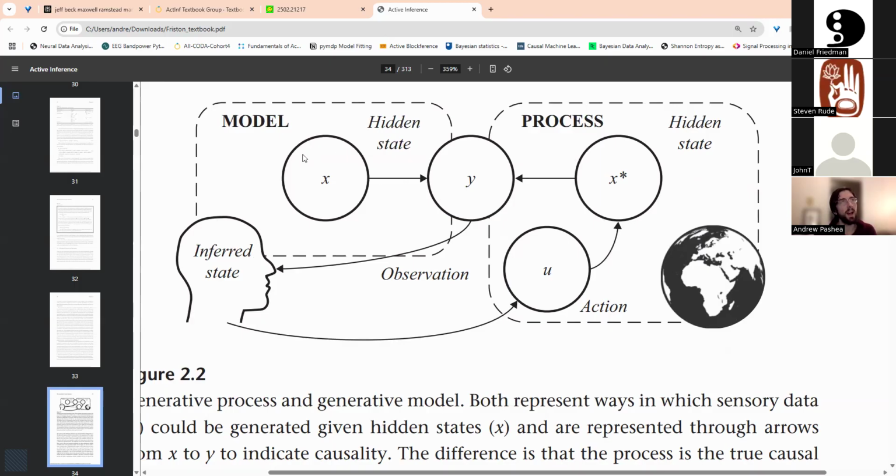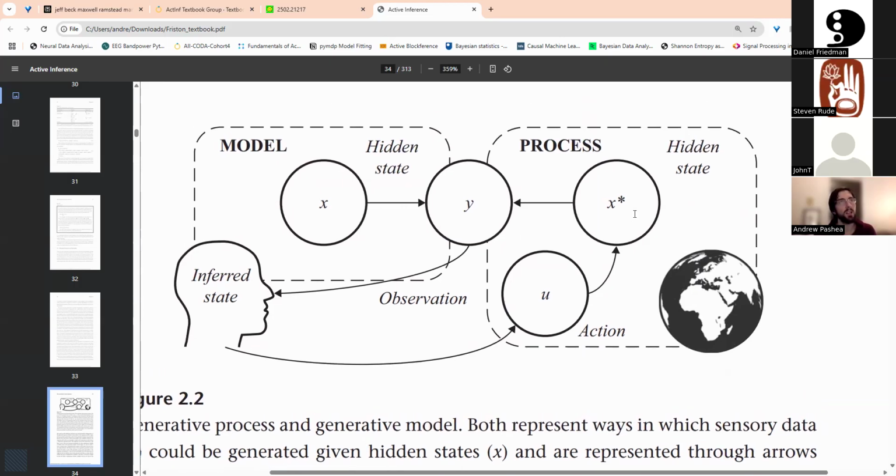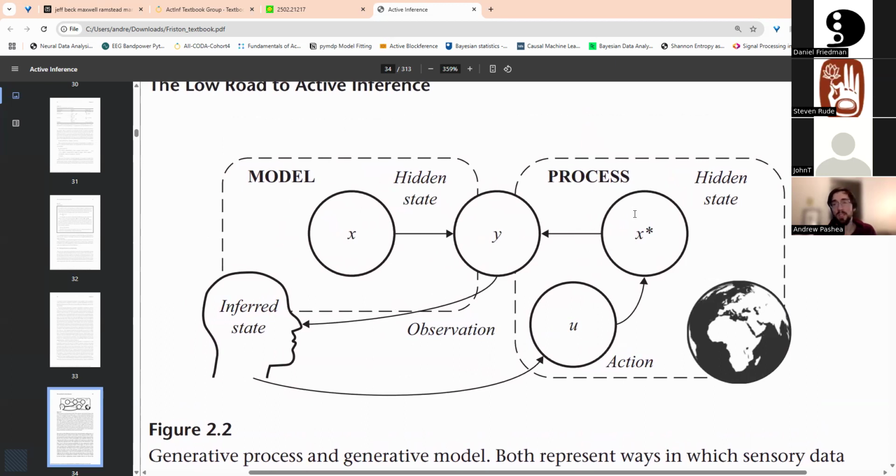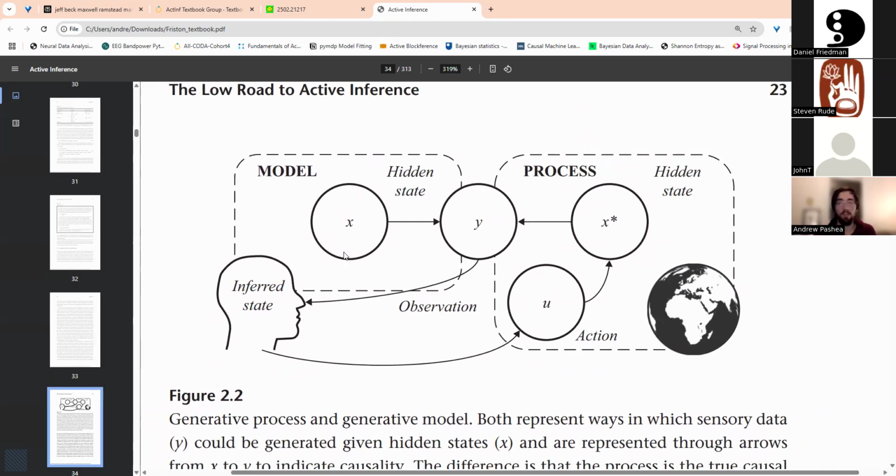So we can kind of see how the model and the process each have their own respective logics, which can work incredibly similarly, but they also don't have to, or at least they don't have to be structured the same. If I knock on wood because it makes me feel better, is it actually doing anything other than making me feel better?